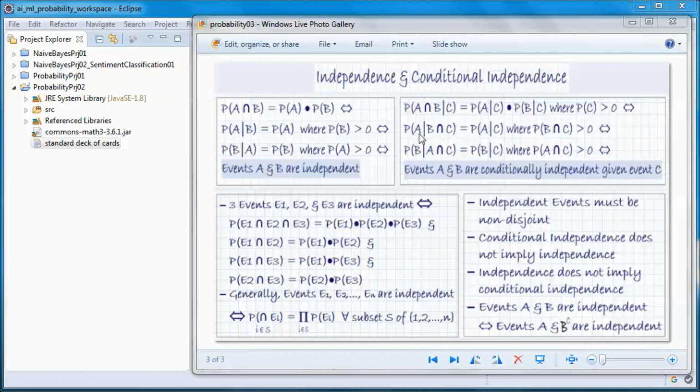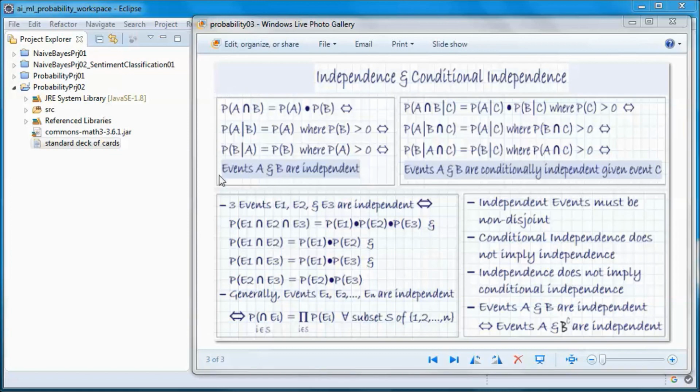And the probability of A given B intersection C is equal to the probability of A given C, where probability of B intersection C is bigger than 0. And this is also equivalent to the probability of B given A intersection C is equal to the probability of B given C, where the probability of A intersection C is bigger than 0.